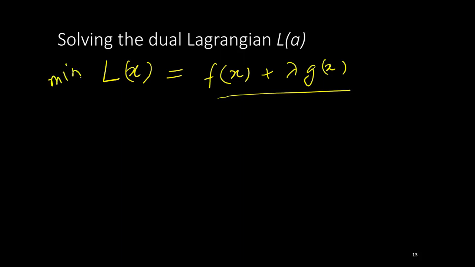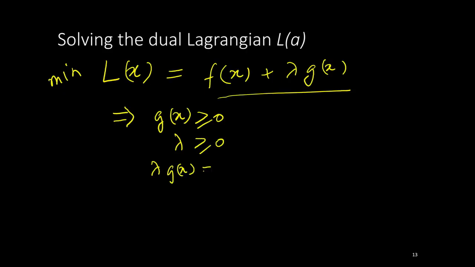All right. And what this implies is that your solution will be such that g(x) is greater than or equal to 0. All these conditions will be satisfied. So g(x) will be either equal to 0 or greater than 0, and it will never be less than 0, because that's what we want. We don't want g(x) to be less than 0. We have an inequality constraint. Then we will have lambda greater than or equal to 0, right? And then lambda times g(x) will be equal to 0. So what that means is either g(x) is 0 or lambda is 0.